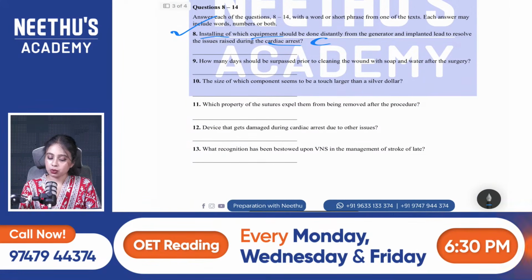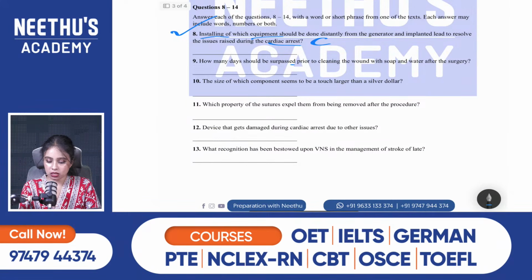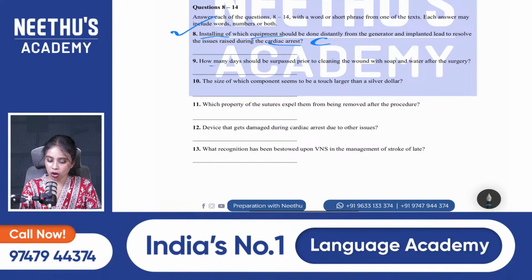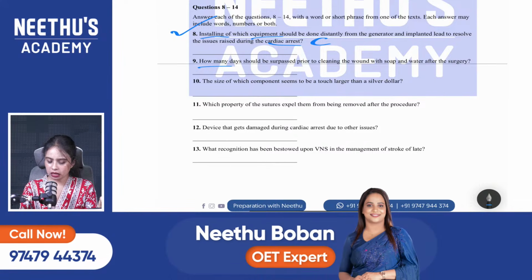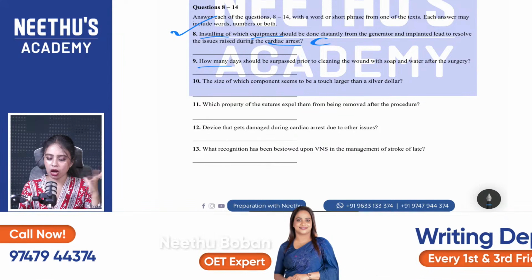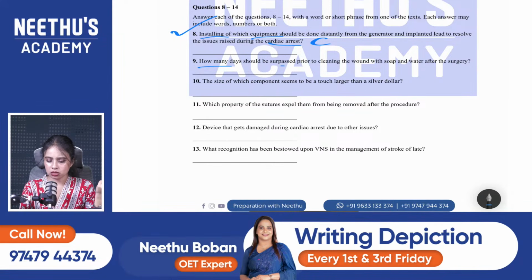And ninth one, how many days should be surpassed prior to cleaning the wound with soap and water after the surgery? So how many? If the question is asking regarding how many and how much, you just write the number there. Okay, don't write anything more, just need the number. So how many days mentioned? Surpassed,